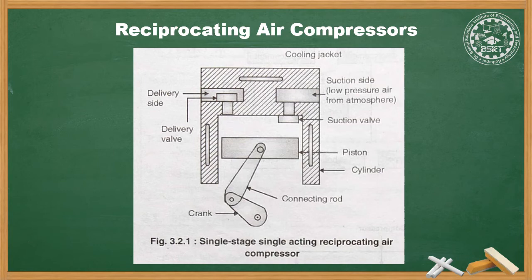During the downward motion of the piston, the pressure inside the cylinder falls below atmospheric. Thus, the suction valve opens and atmospheric air enters the cylinder. During the upward motion, that is the compression stroke of the piston, the air inside the cylinder is compressed, which increases the pressure above the receiver pressure. This overcomes the spring resistance to open the delivery valve, and discharge takes place from the cylinder to the receiver. The receiver is a closed vessel that acts as a storage tank.